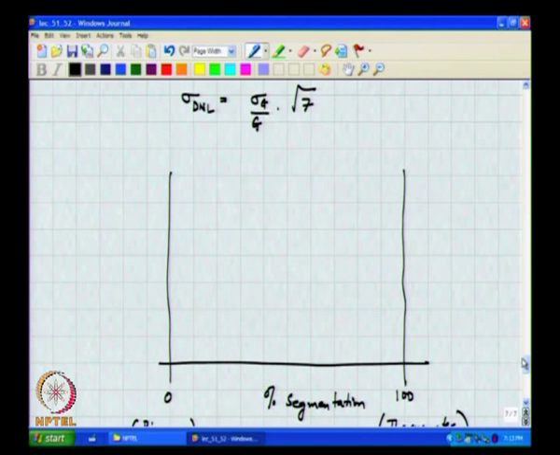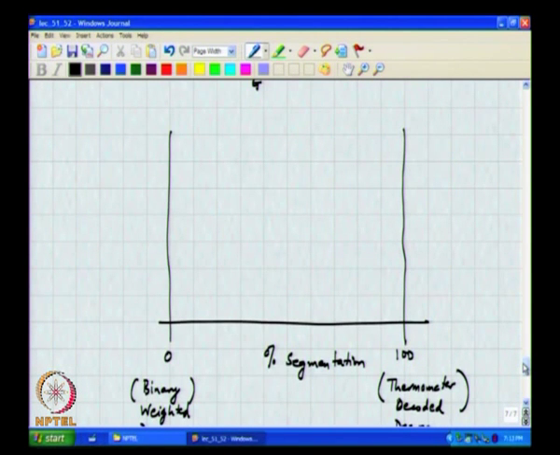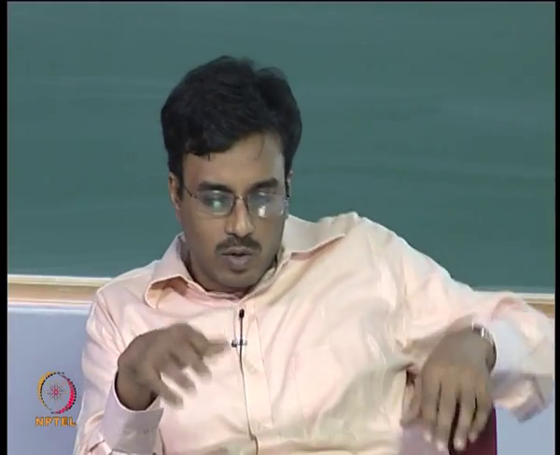All right. What happens to sigma INL as you change the percentage segmentation? Sigma INL remains the same. All right. And what happens to the sigma DNL? The worst case DNL or sigma DNL goes down as you go on increasing the percentage of segmentation, right. So, we will continue with this in the